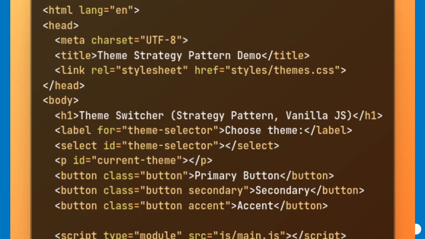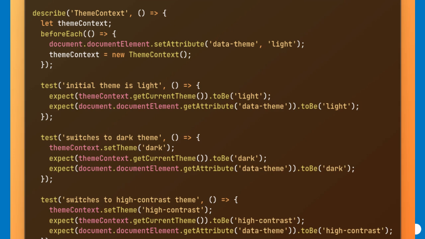To provide the UI and connect everything together, the index.html file is the application's entry point. It includes the theme selector dropdown, buttons to demonstrate color tokens, and links to the CSS and JavaScript modules. The HTML structure is minimal yet sufficient to showcase real-time theme switching, accessibility, and persistence by interacting with the rest of the system. For automated testing of our theme switching logic,